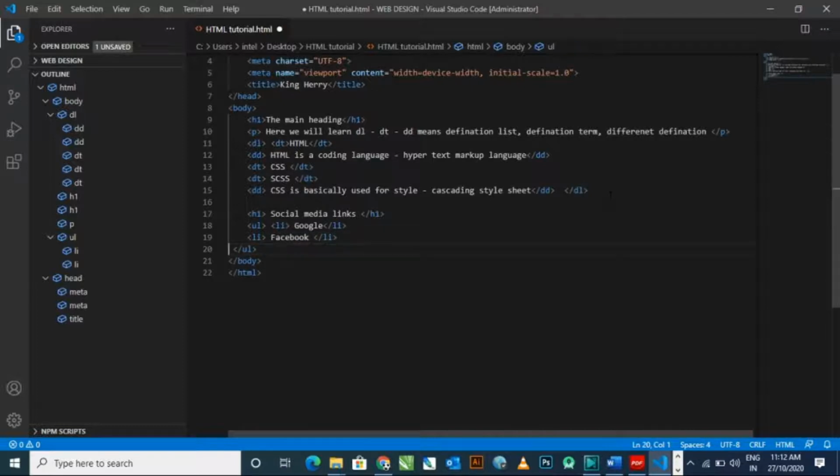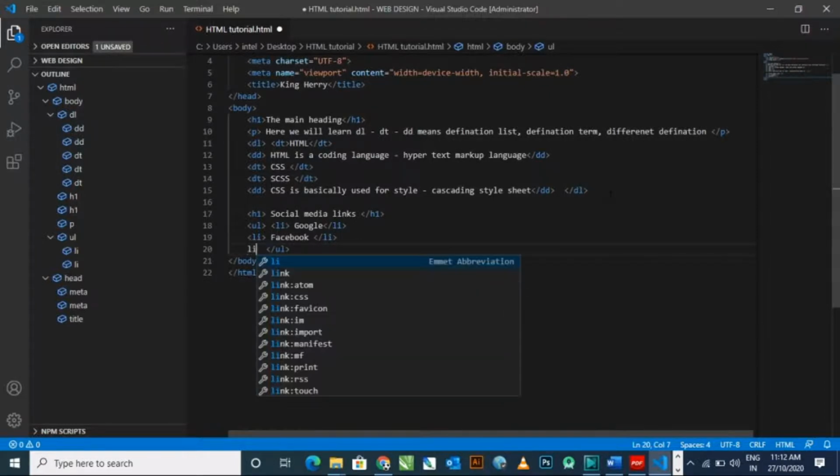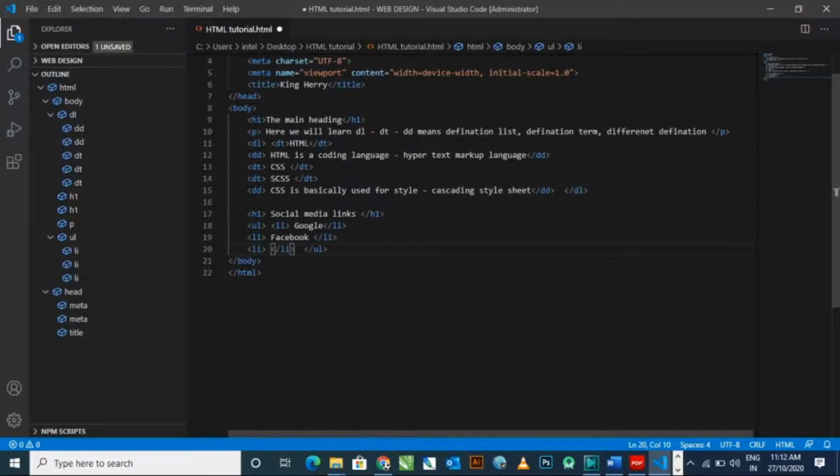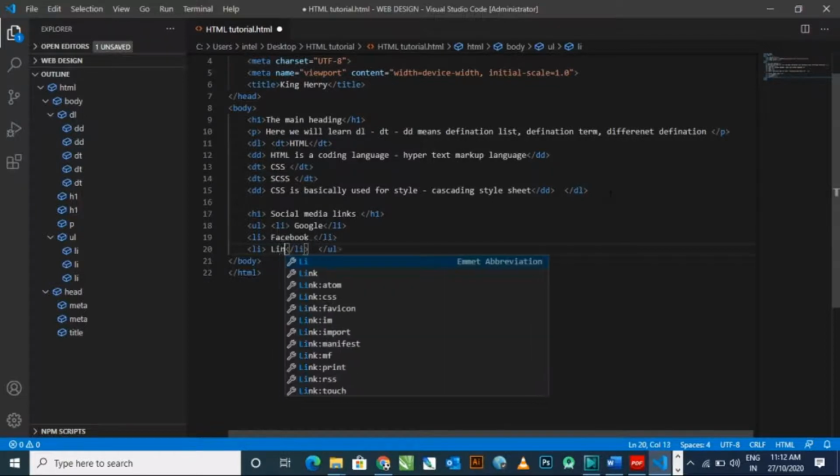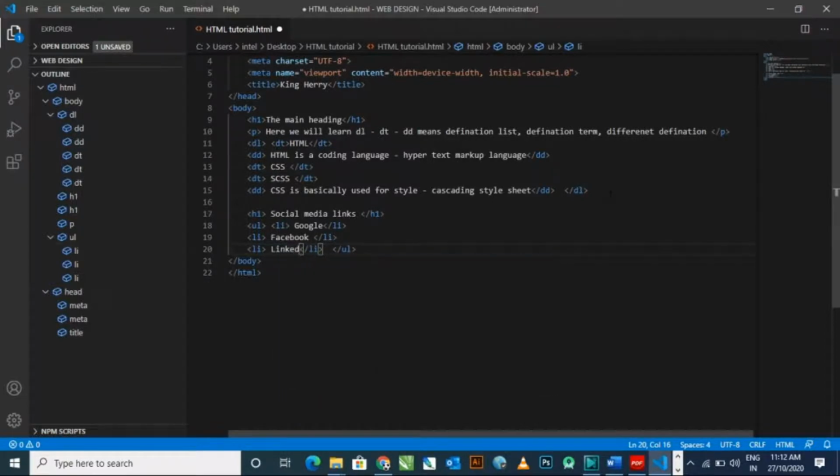UL and then a list: Google, Facebook, and LinkedIn. Now I'm typing li LinkedIn. I will mention here also the websites' names, like www.google.com, facebook.com and linkedin.com.